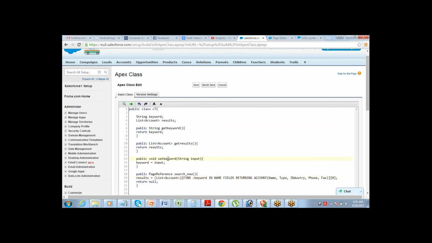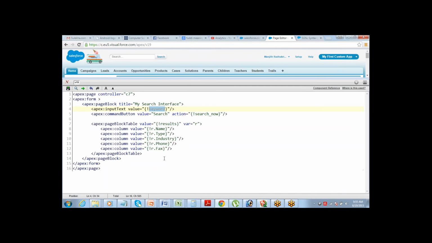So whatever is your method name, that is what you'll have to call there. Instead of keyword, if it was something else, you should have called that particular method name there. So it's basically not referring to any keyword, it's referring to the method name that you have defined there. Set method, exactly. So I am basically calling the set method here.